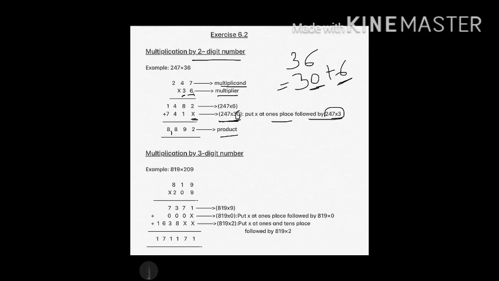Here you can write 0 also, but to avoid confusion, we just write a cross. Why are we putting one cross? Is the concept clear to you? Because in the second case, we are multiplying with the 30. So for this 0, we are putting one cross here. And then what is left here?